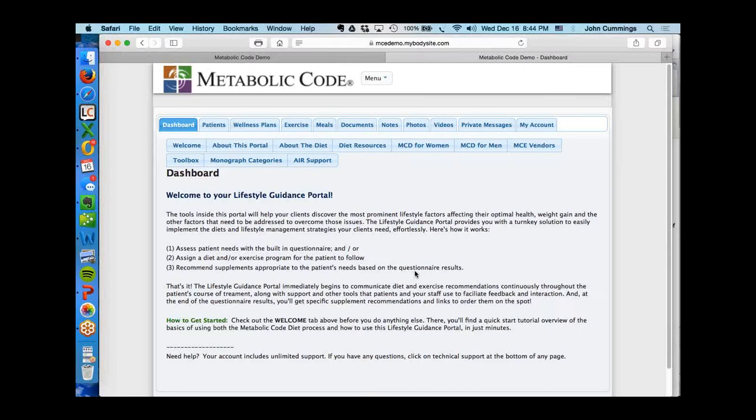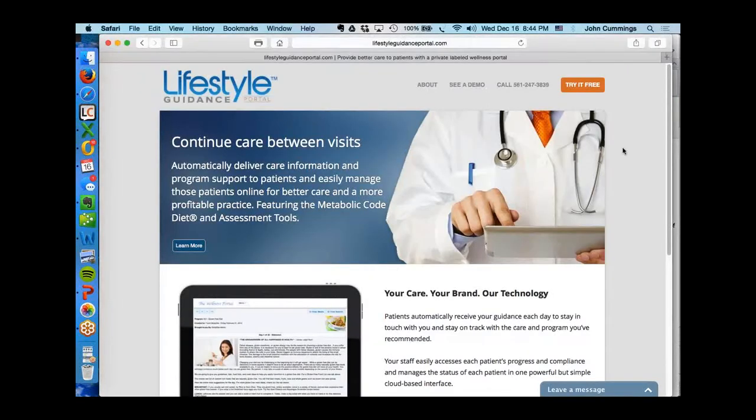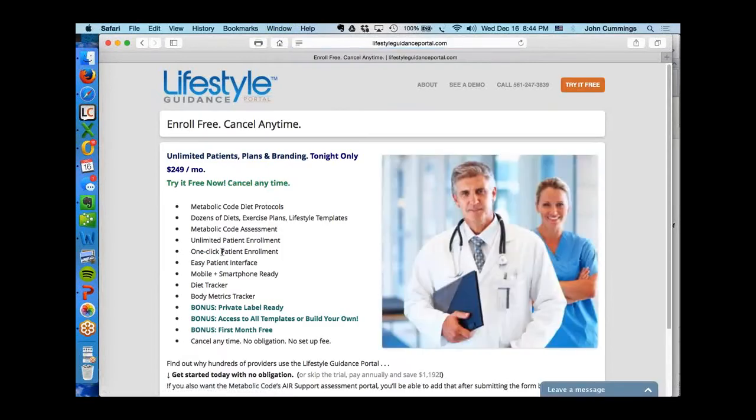and this system, with or without the Air Support system, whether it's one or the other or both, you have a system of tools that are engaging them, giving them the perception and the reality that you are truly caring about how they got here, where they're at, and where they're going. And once you do that, I think you can probably charge even a lot more for your services than you are now. All of this is available for a monthly license that is usually $297 a month